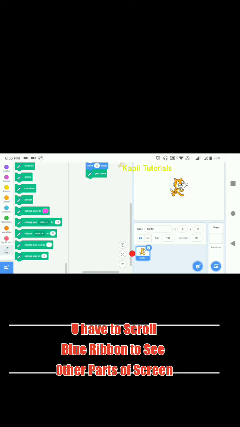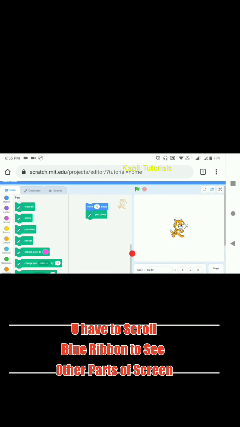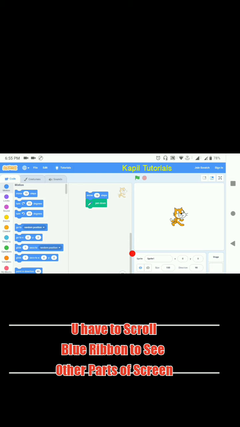Pen down, then for example, motion, pen down, then if I want to make a turn, again move.